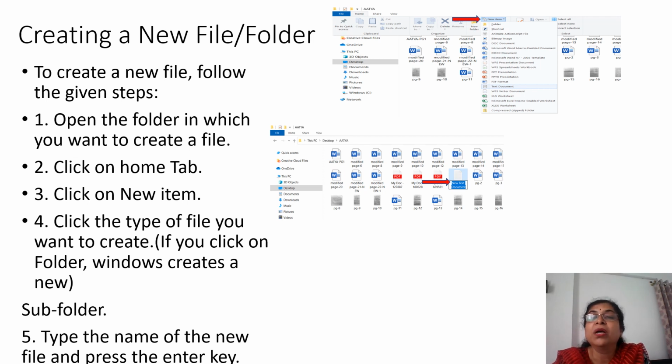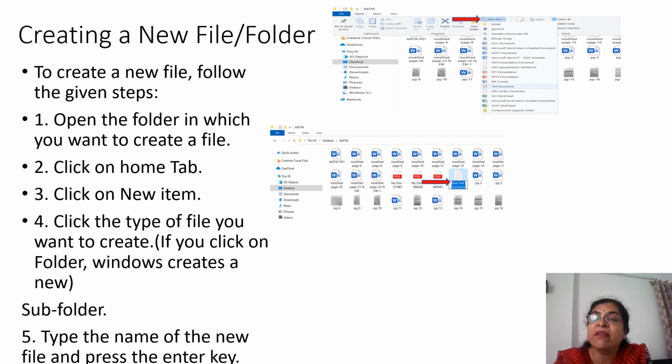New Item means the type of file which you want to create. It shows the list of file types. Out of that, select any type you want. Here we are opening a text document.